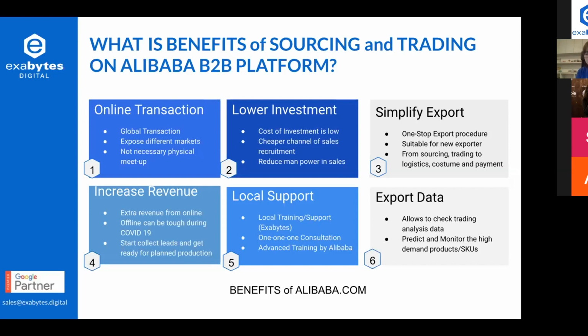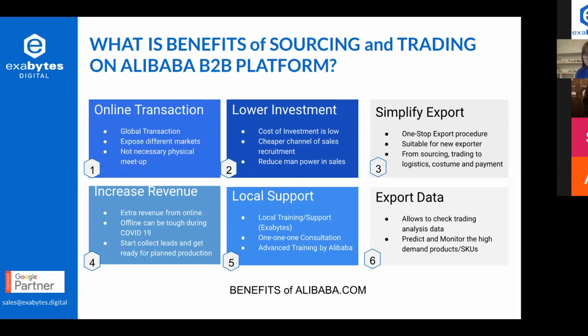If you're not in a logistics company or your staff is not involved in logistics, you won't understand how to do the exporting. So for this platform, they also have a one-stop export procedure, which covers the time from when you start the transaction until the customs clearance to the digital free trade zone. And when you finish the customs clearance, the system can also show you that the stock is clear.